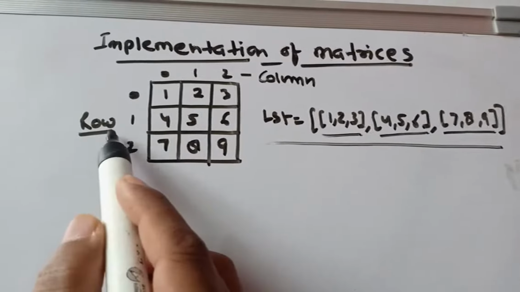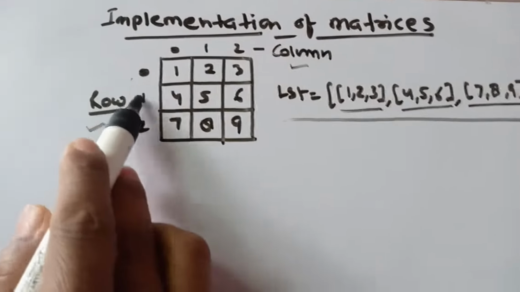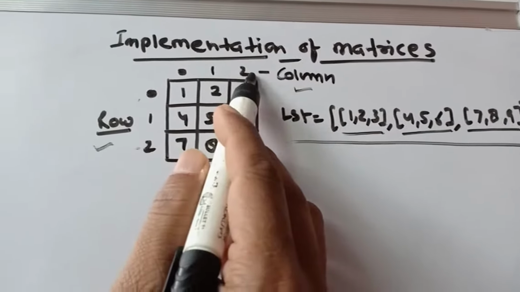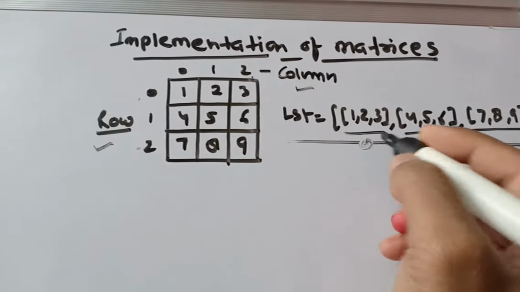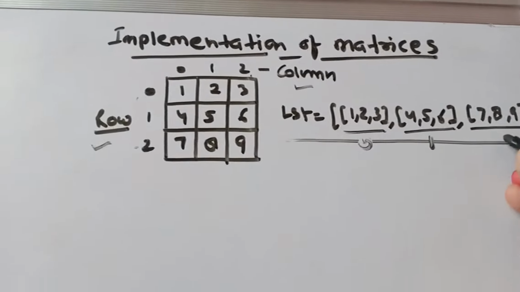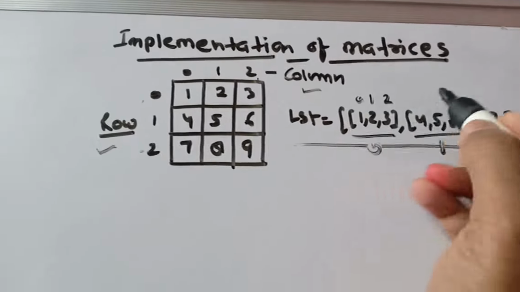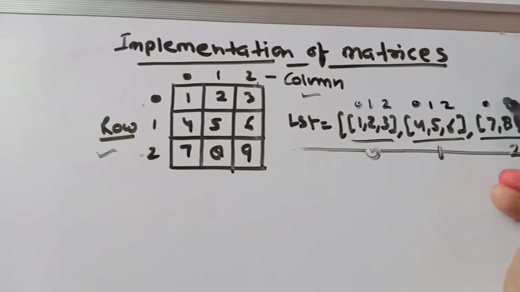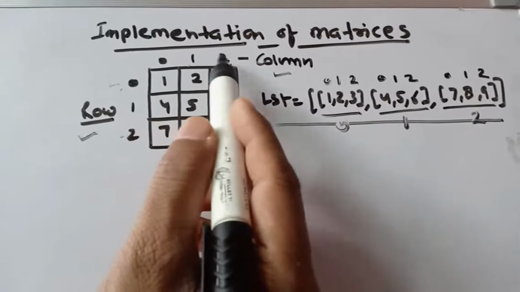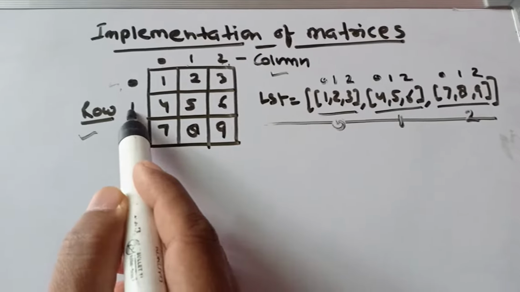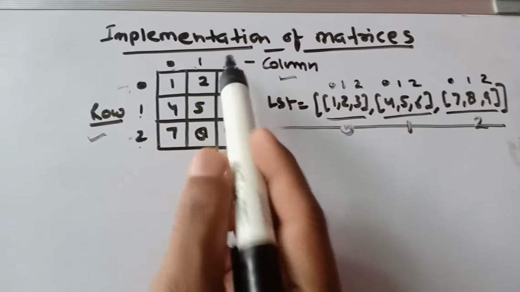This matrix has two dimensions, rows and columns. Here are three rows and three columns. Columns contain the values always. This is row 1, address 0, row 2, address 1, and row 3, address 2. Here each element of the inner list has the addresses 0, 1, 2. Look here: the first row contains 0, 1, 2 addresses. The second row contains 0, 1, 2 addresses.